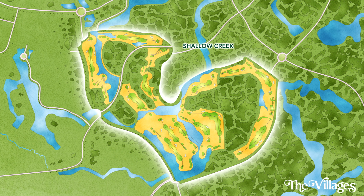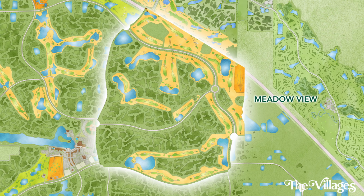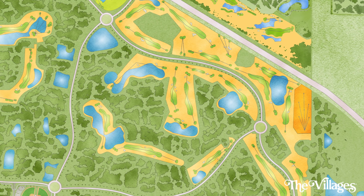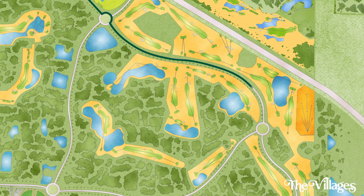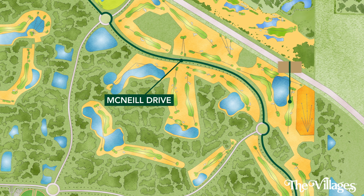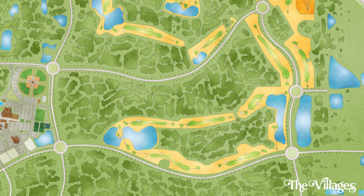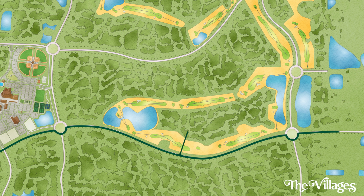Well, good. And then over on this side, we have 27 holes, and there'll be a beautiful little unit that's going to be along McNeil Boulevard that'll be abutting the golf course through there. And in amongst those trees here and all the way over there is where the starting holes and finishing holes are. And this golf course runs all the way back to Central Parkway. Yeah. Exciting. So when we hop back on this side of Central Parkway,